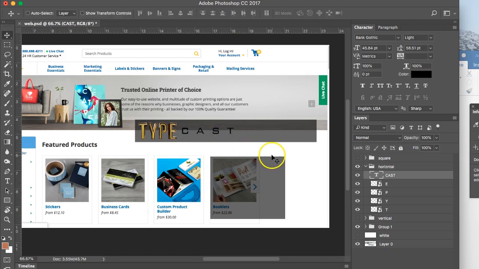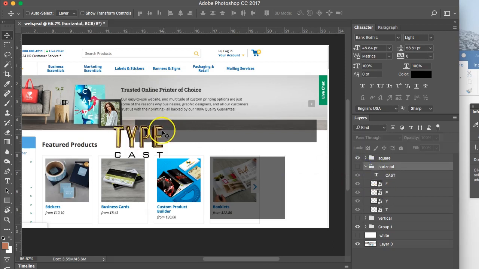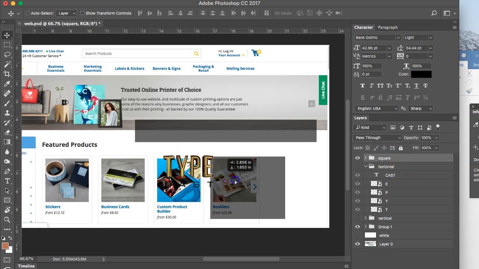And I don't know exactly how I want it, so I'm just going to put it in the middle, about that size. Okay, now we're going to do the square. And this one, I'm probably going to leave it the way it is, Typecast. And we'll put this one right in the center like this. Okay,